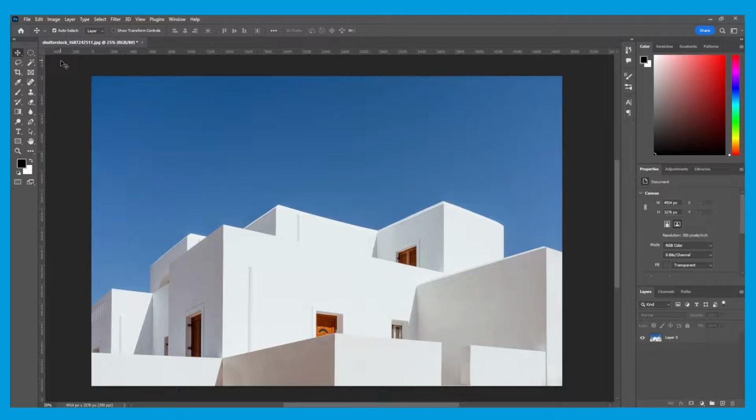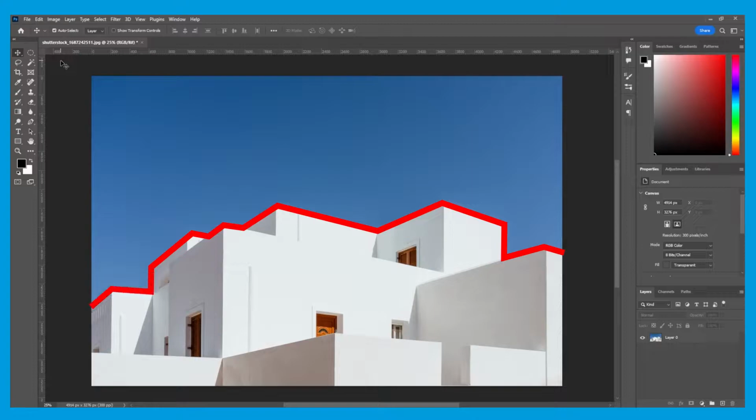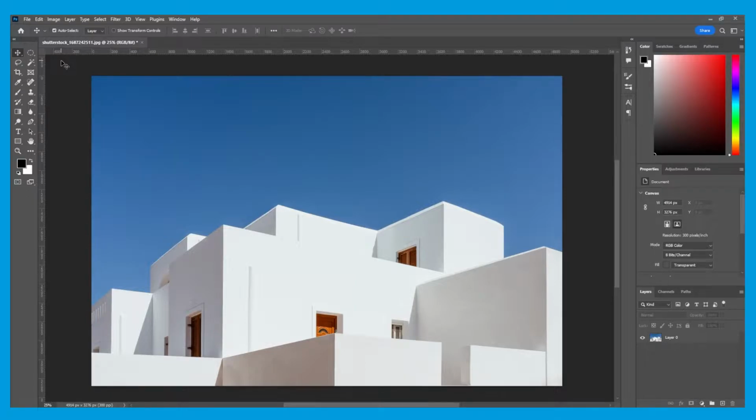The polygonal lasso tool is quite a basic tool, but is useful for cutting straight edged selections. And an image like this is perfect. As you can see, there is lots of straight edges. So to select the lasso tool, what we want to do is head to the toolbar and you should see a lasso like this. If you hold left click, 3 options will appear and we are going to choose the polygonal lasso tool.